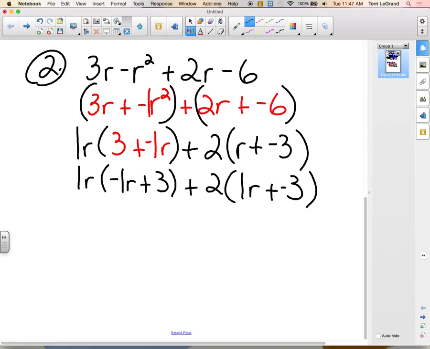Ariel? Could you multiply one of the binomials by negative 1? If you multiplied one of the binomials by negative 1, that would change them both to their opposites. So maybe if we multiplied this by negative 1, 1r times negative 1, what would that be? Negative 1r. If we multiplied negative 3 by negative 1, that would be positive 3, and then it would match that, wouldn't it? Oh, well, if we multiply by negative 1,